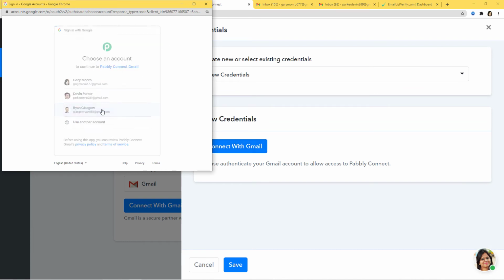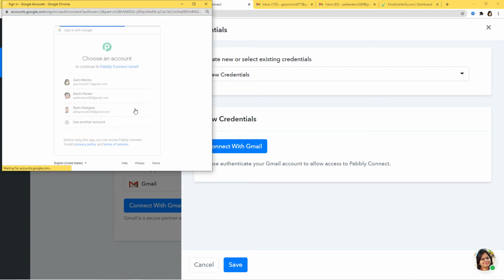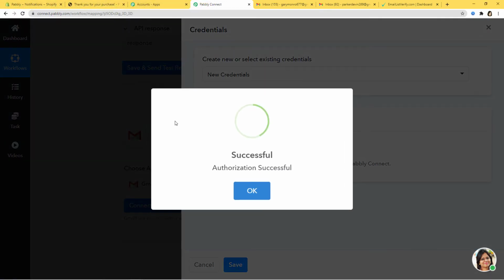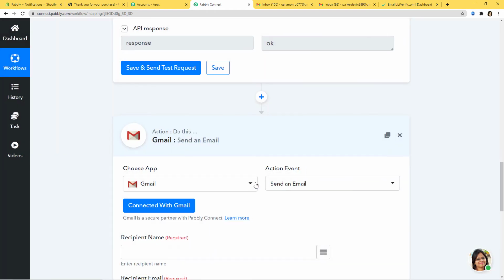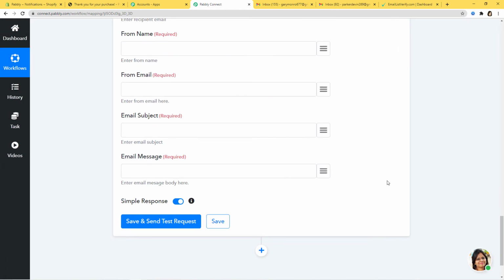Okay, so here I'll choose an account. Okay, so now I'm going to allow it. Okay, authorization is successful. Now here you can see we have some empty fields and we have to fill in the information according